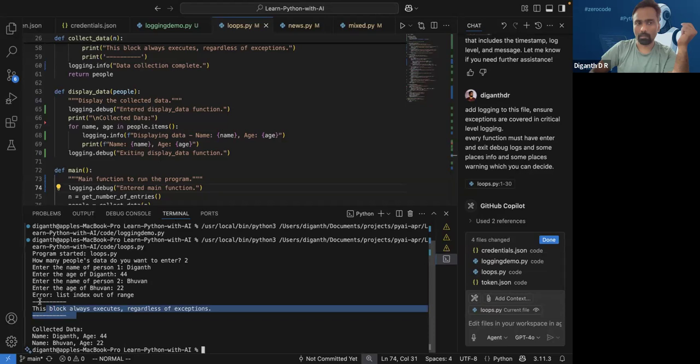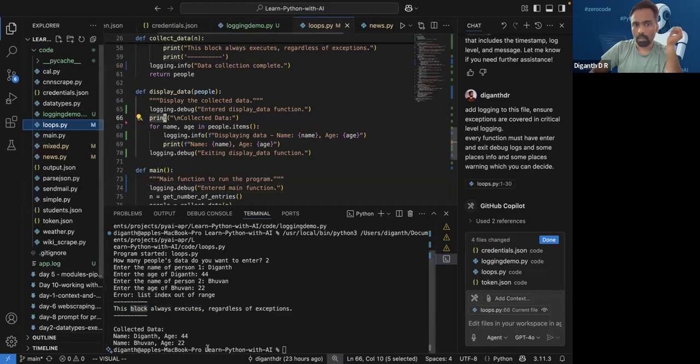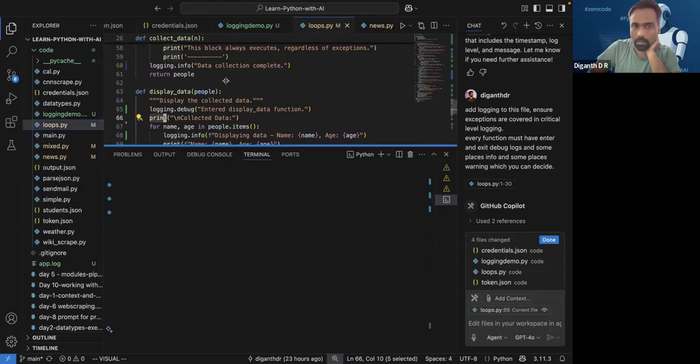So this bug always gets executed regardless. So now we also have prints, and we have also logs. Now, if you just look at this,